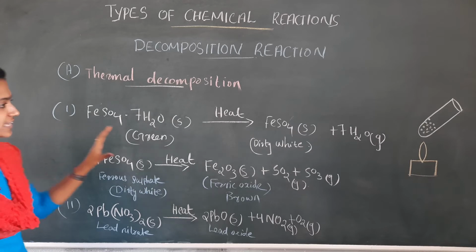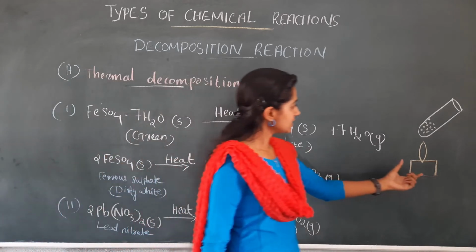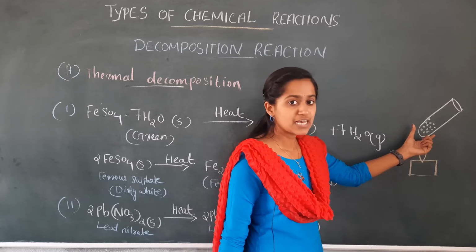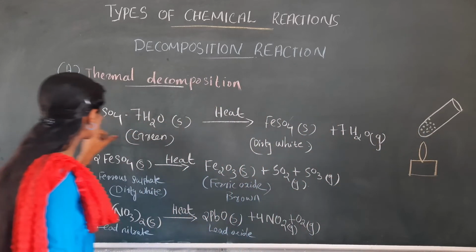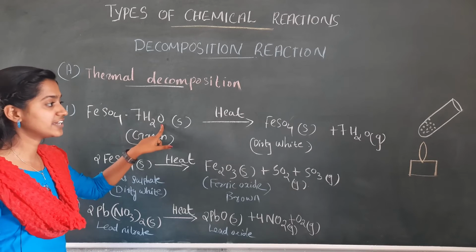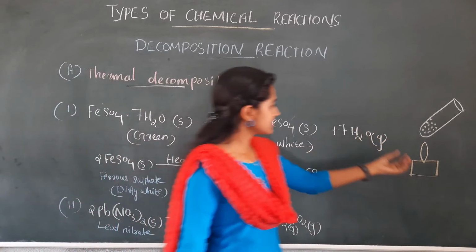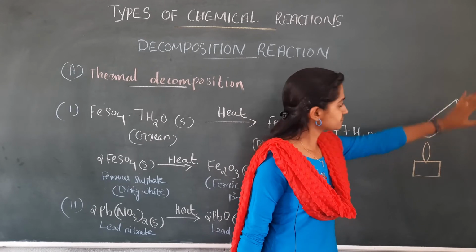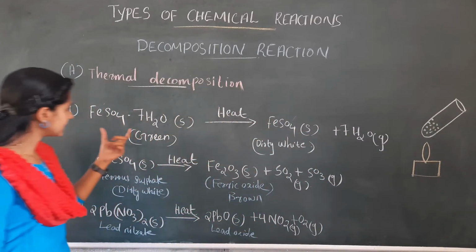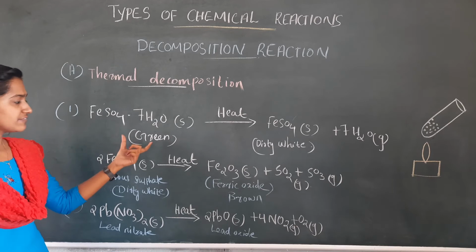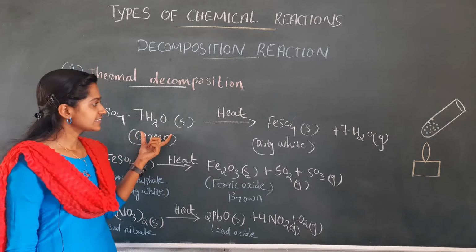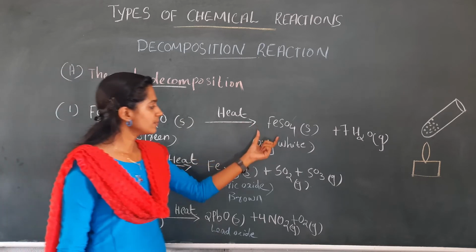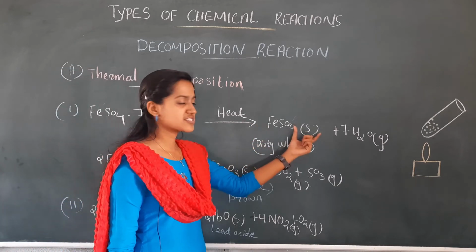The first one, for this we can do an activity. Here in a test tube we take ferrous sulfate crystals. The formula of the ferrous sulfate crystal is FeSO4·7H2O, and it is heated. After some time fumes are produced. Ferrous sulfate crystals, which are actually green in color, on heating lose their water content and form dirty white ferrous sulfate solid, and